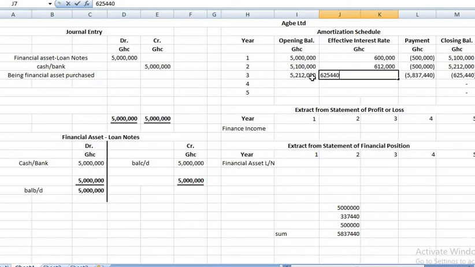Then we are going to have 0. We are having nothing as our closing balance. So in this question, we didn't treat the last year as we did the previous ones because they gave us a premium, and when the premium is added to the face value,